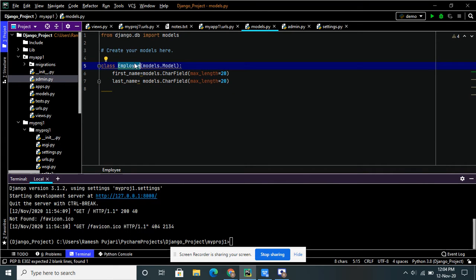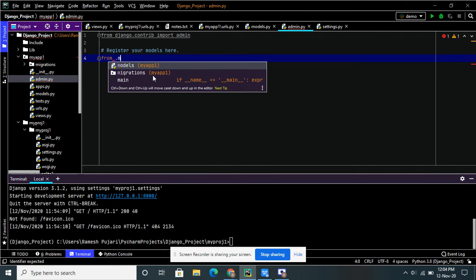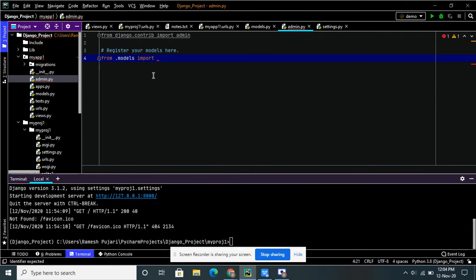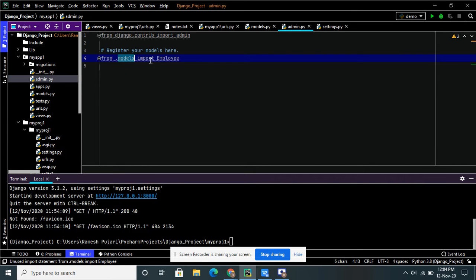I have to register this class here in admin. So: from .models import Employee, where Employee is my class name. You can observe we have to import this statement because I am importing the model from models, and my model name is Employee. Now next I have to register the model.